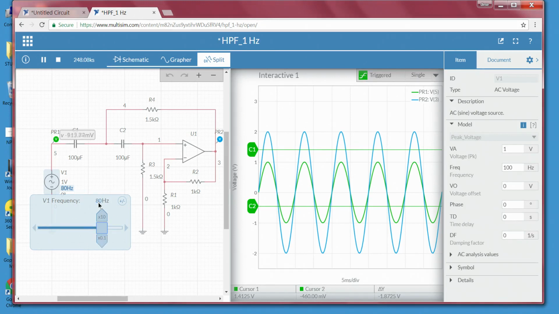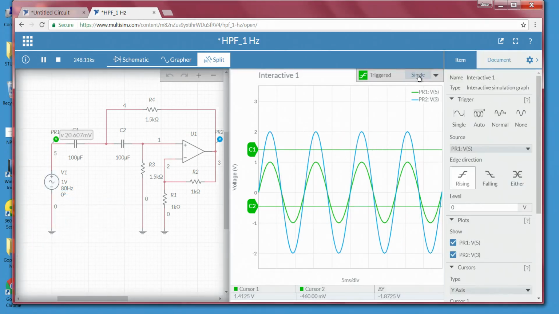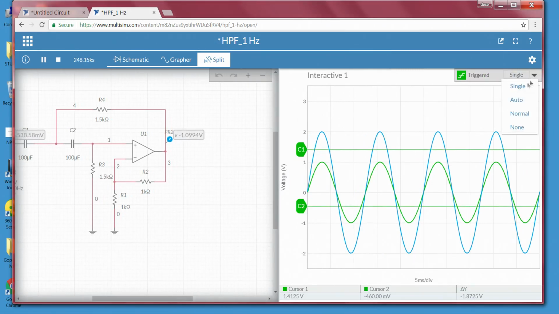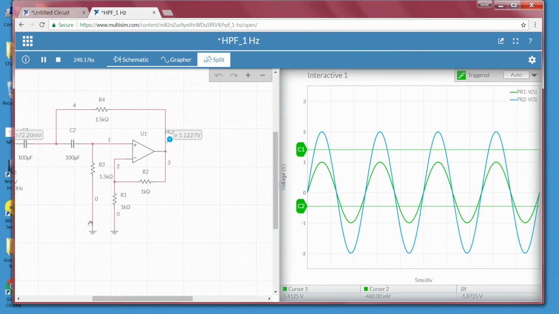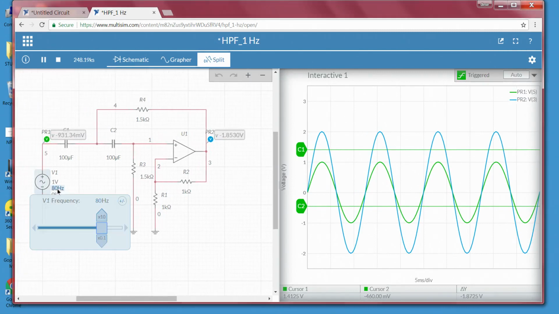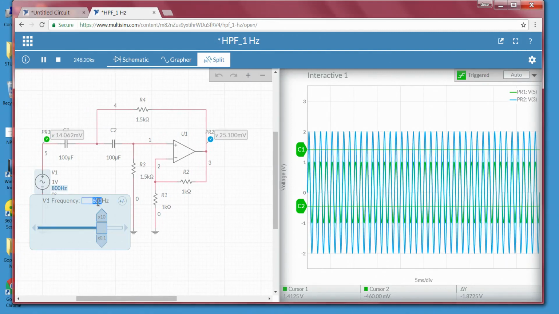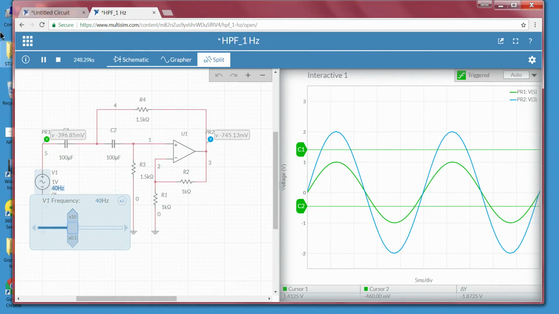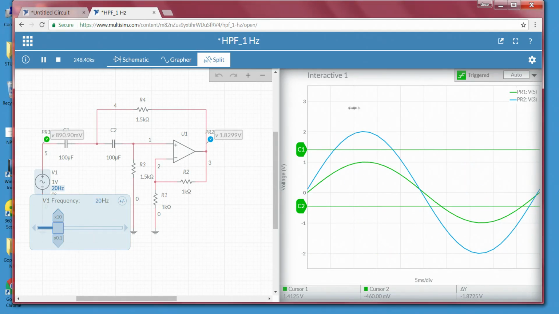So, go with 80. I will make it auto, so it automatically changes. Then I go to 60, we can see it is still at 2. 40, still the same. 20, still the same.